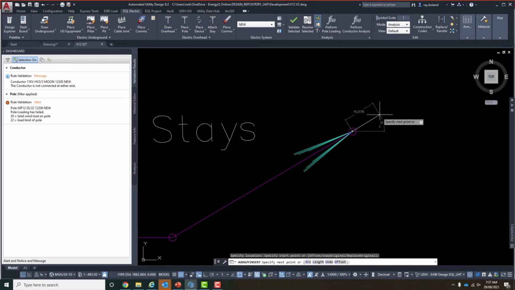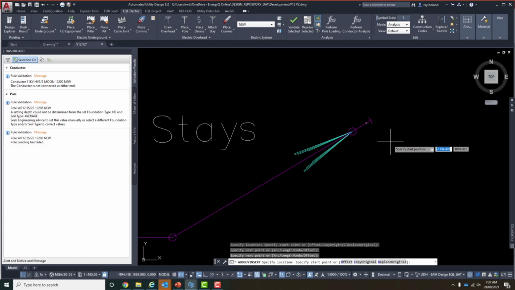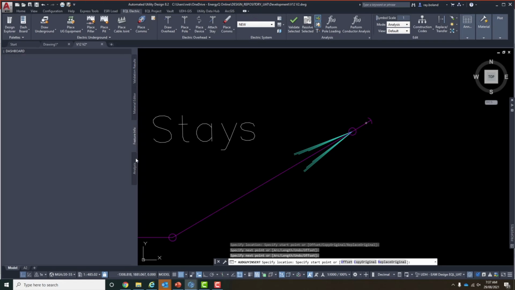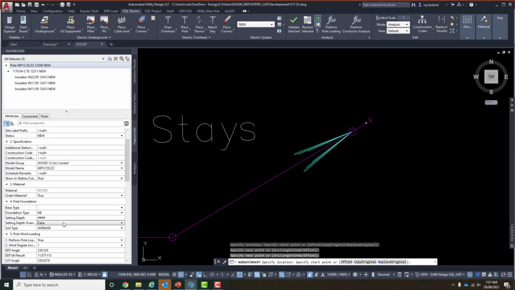Also part of pole loading, we do have stay calculations. Just putting a ground stay on the overloaded pole. One of the things I've found, part of the valuation of the pole, we do have setting depths of the pole because this is prescriptive standards. This particular pole and soil type is not acceptable, so I need to go in and obviously change my foundation type to stabilize backfill so I can actually get a valid sinking depth.